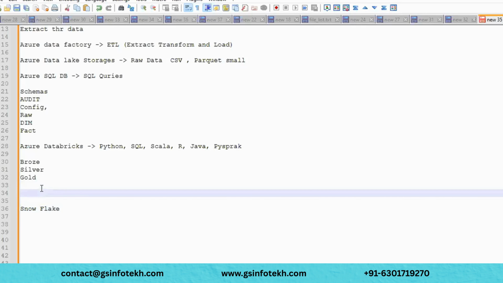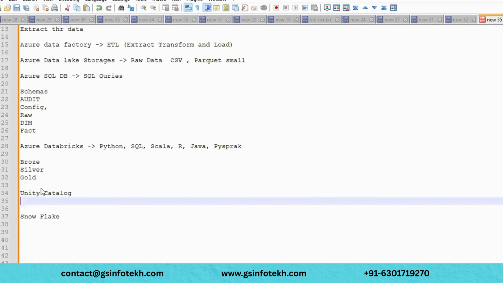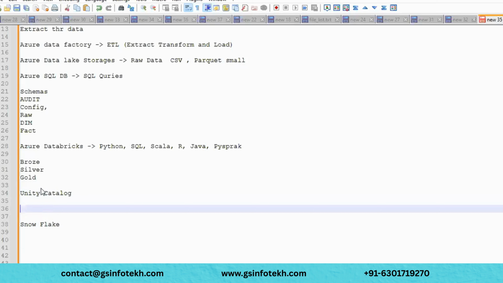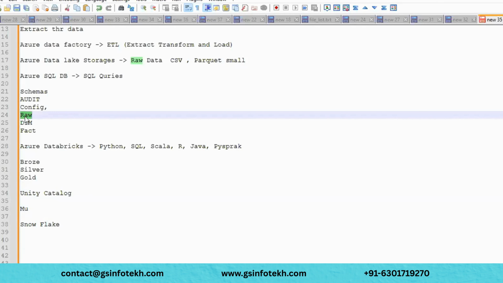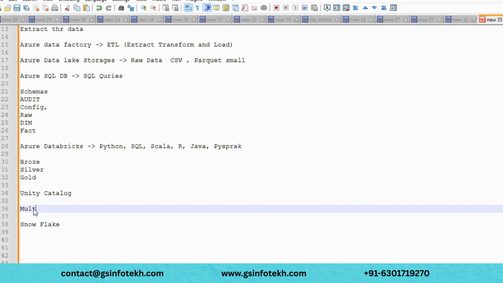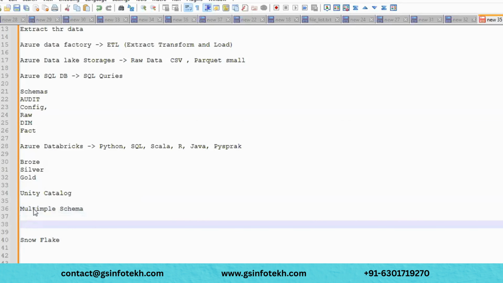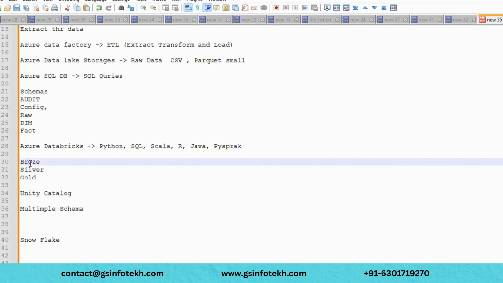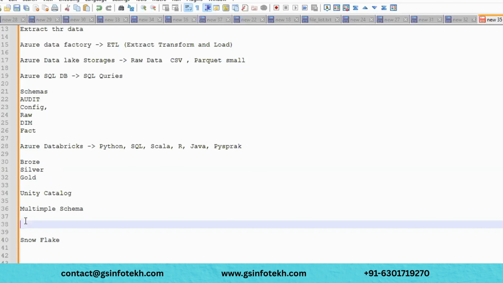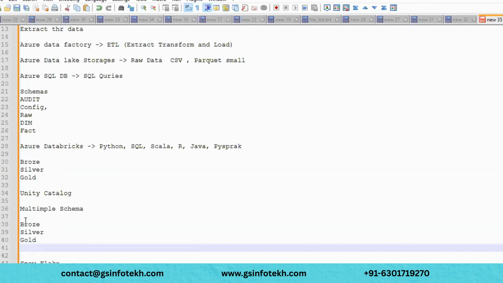In Unity Catalog we can create multiple schemas, like the schemas we create in a SQL database. In multiple schemas we can name them bronze, silver, and gold, or any name based on your project.